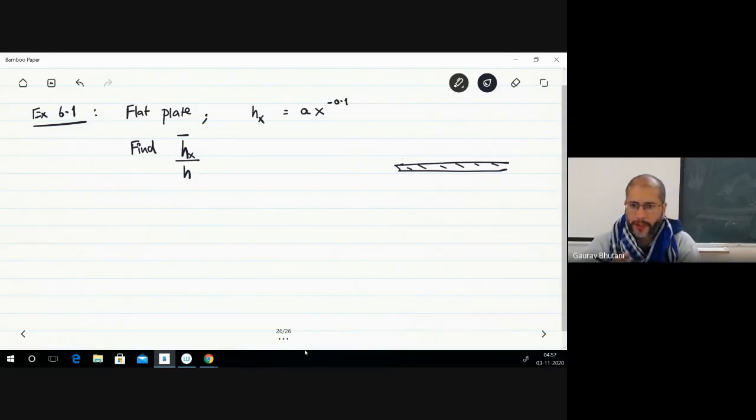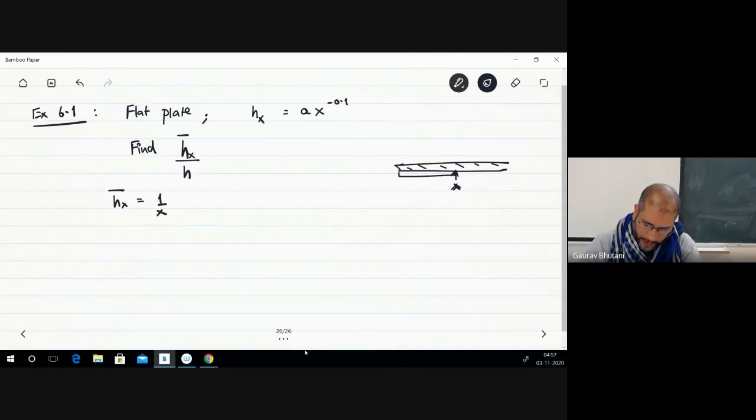Remember, average is taken over the length of the plate. So you take some x, and when I say Hx bar, that means it's the average heat transfer coefficient for that distance from 0 to x. Okay, so Hx bar